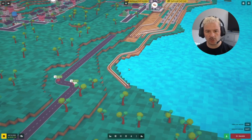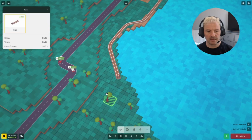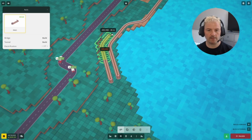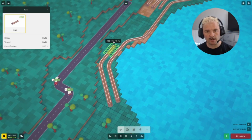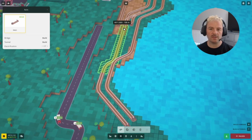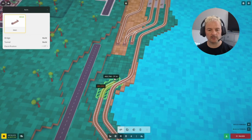Okay, so this is the return line, and that's good. We know that is the return line, and this is going to be the approach line here. So let's get him at the right length. There he is. Let's get it swinging around. So that's it. And here is where it can diverge off. Now, interesting. Let's just talk about freight at the moment. So what we'll do is we'll do this. Let's do. Hang on, not that. Let's do